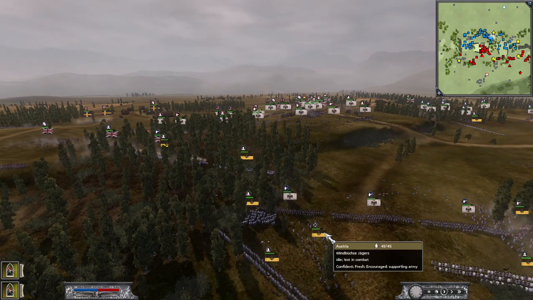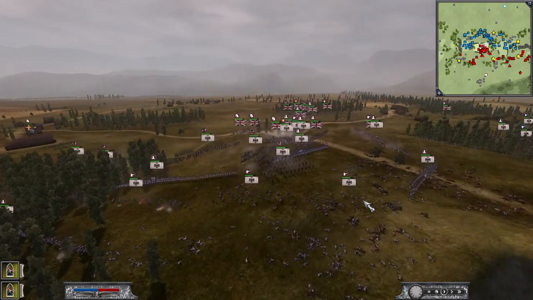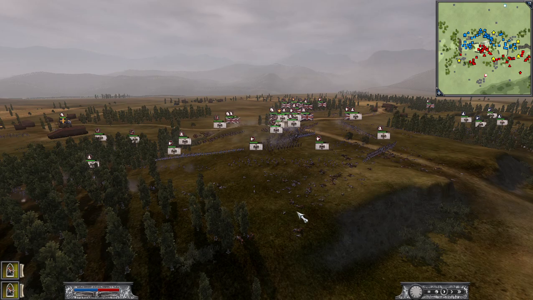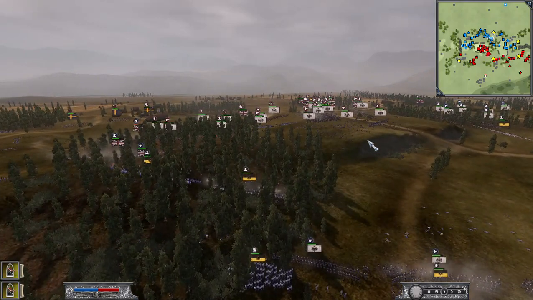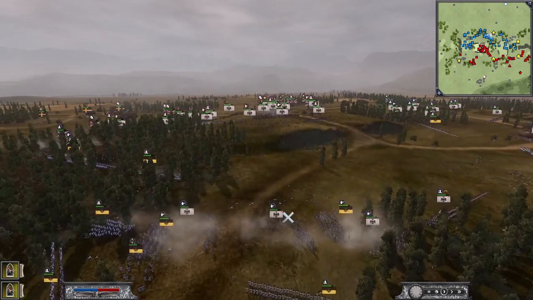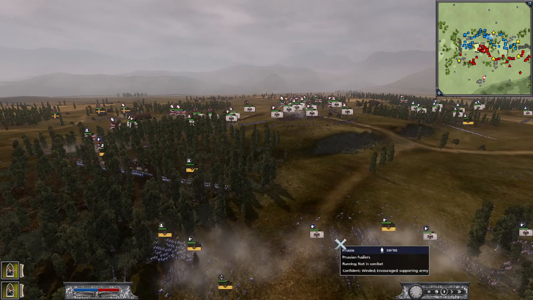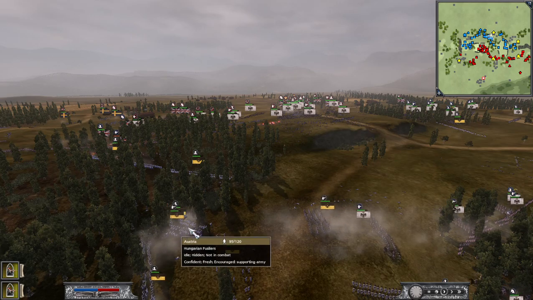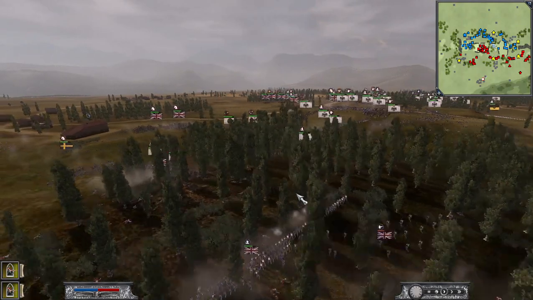Because of my Windbutcher Jägers, they decided to move their light infantry away from the edge, so they cannot shoot our army from that position. That makes us able to maneuver like that. So I'm moving some of the light infantry to support the battle in the forest, and we see that the